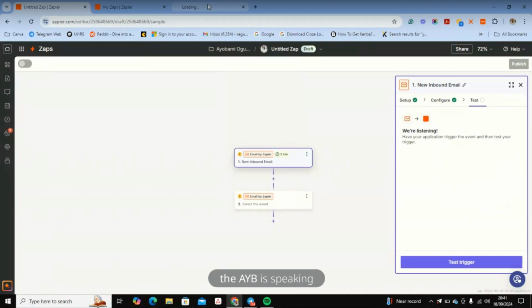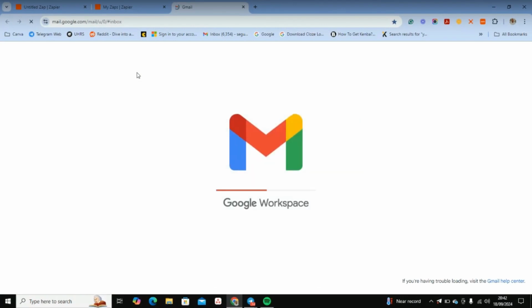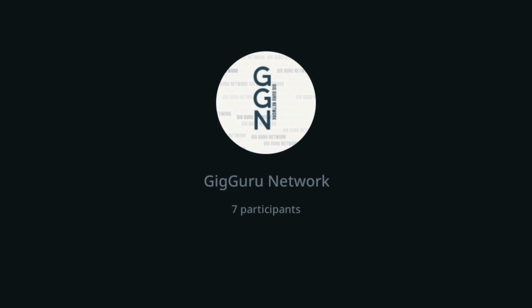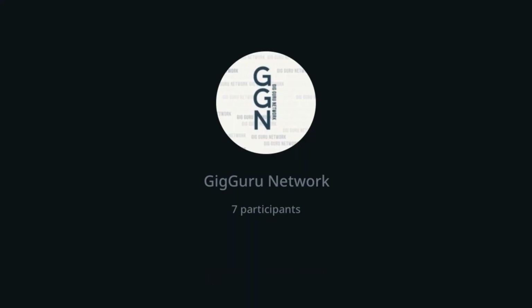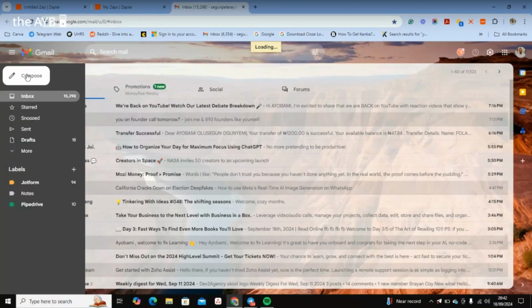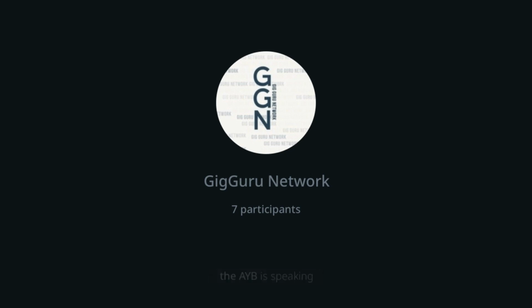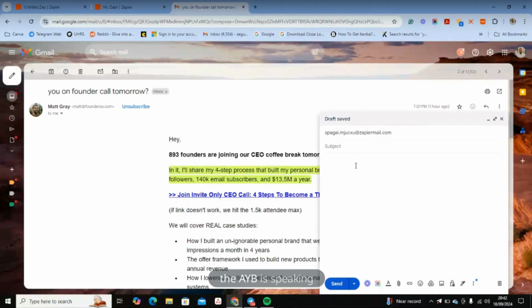and then we click on our Gmail. Let's forward the particular email to it so that you can see that it works well. It works well. So let's try to send an email. You can just say send an email. So let's forward it to this particular address. And the subject is